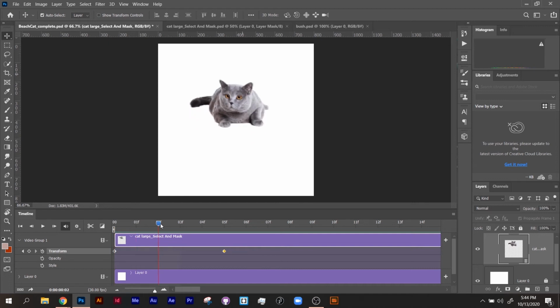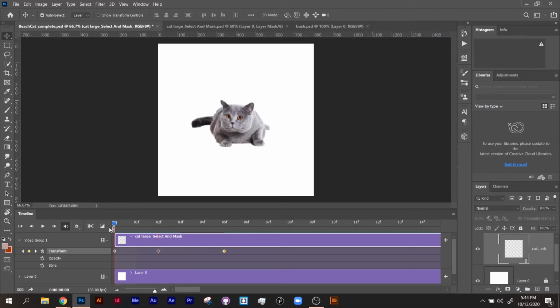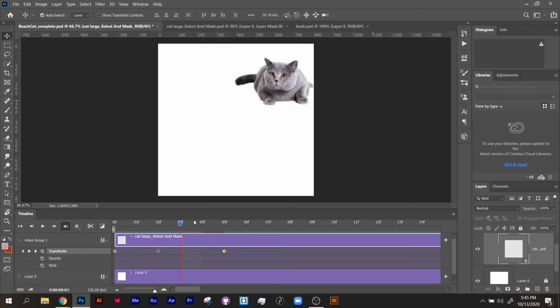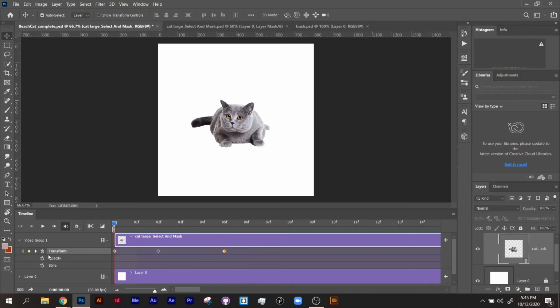Now, what I can do is I could also have movement happen between these points. So anytime I move this, so if I move it off the screen over here, notice that it's also created another keyframe. So it's going to jump over here and then jump back up to this top one. So once you set the keyframe or you initialize it, you don't need to press this stopwatch again. If I do, it erases all my keyframes. And so this is something to watch out for,